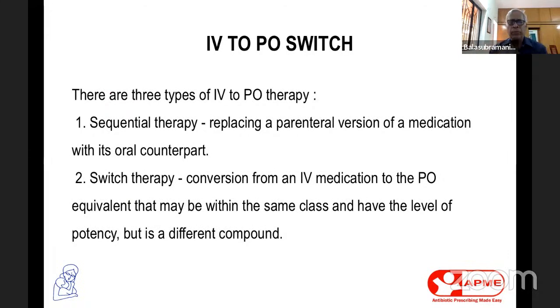Just to give you an example, if you have a child who has got a community-acquired pneumonia with empyema, right? You have treated the child with ceftriaxone and clindamycin, right? You are discharging the child. It is pneumococcus. You can go to amoxicillin, different class, right? Similarly, enteric fever, you have started the child on ceftriaxone. You can switch out to azithromycin as OP, different class. Not routinely recommended. You can always think of switching over, right?